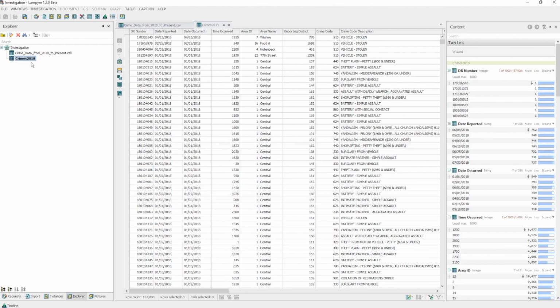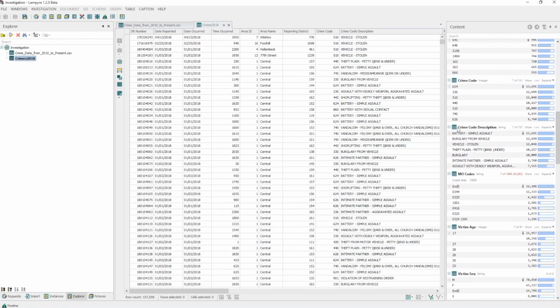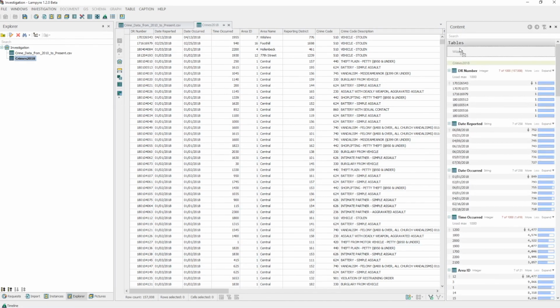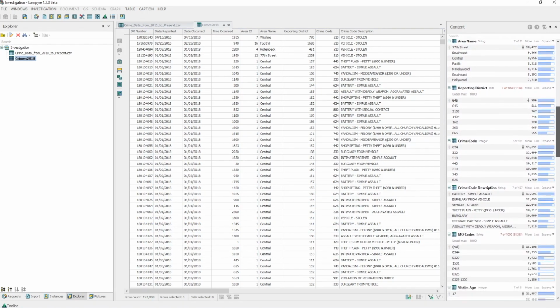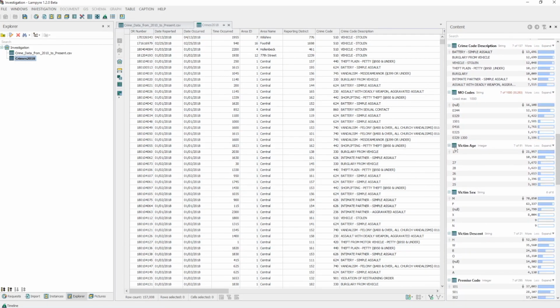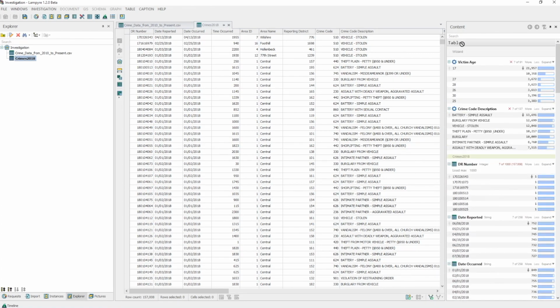In the content window, we see different statistics. We can easily see the figures for the crimes involving, for example, vehicles and 26-year-old women. To make it more comfortable, from the content window or from the table itself, we drag the crime code description column into the wizard section, which is in the upper part of the content window. Then we combine columns victim age and victim sex in the wizard into a so-called tuple condition by dragging them there the same way. Note that the tuple condition requires dropping the second column right after the first one. These figures are the statistics for the tuple condition.